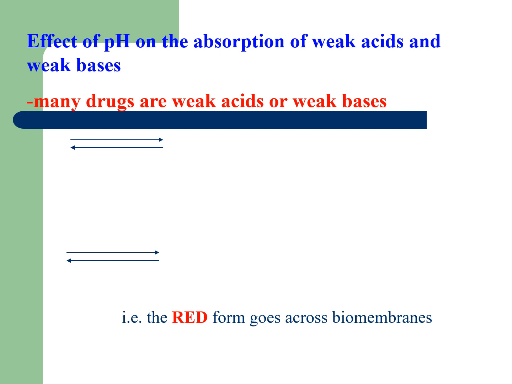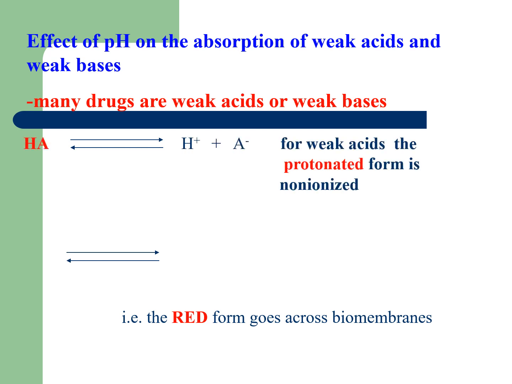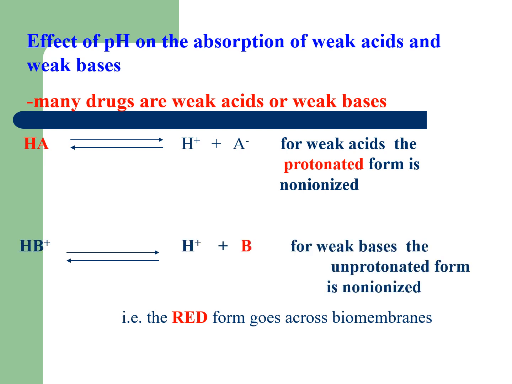so this is the Henderson-Hasselbalch equation. Remember one thing, the majority of the drugs are either weak acids or weak bases, and how do we define them? As you can see, this HA is the protonated form of an acid. Proton is shown by hydrogen. So when it dissociates, it gives up a proton and an acid. So weak acids, if you can see the red ones, which is HA, it is not having any charge on it. So for weak acid, the protonated form is non-ionized. Whereas in case of base, HB plus, it is giving a proton and a base which is free of any